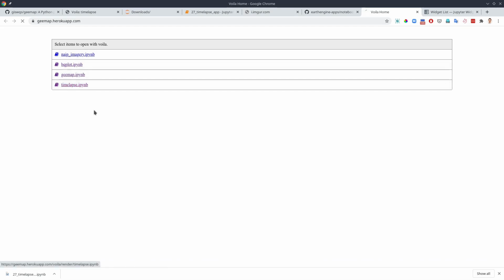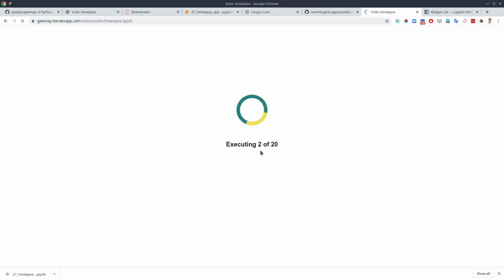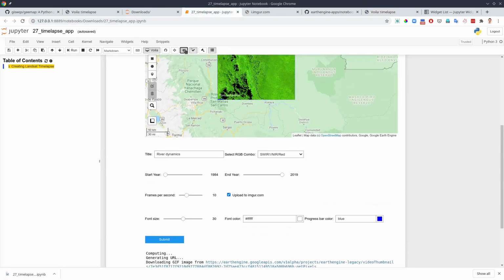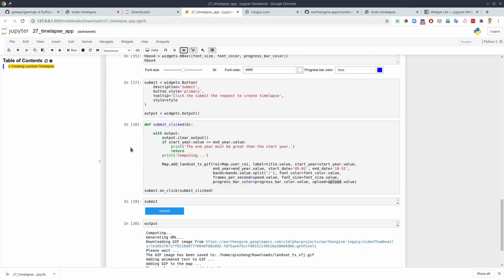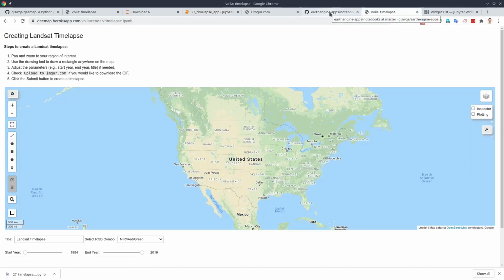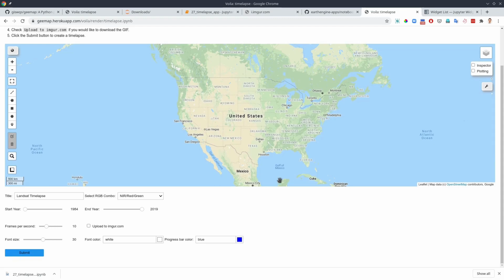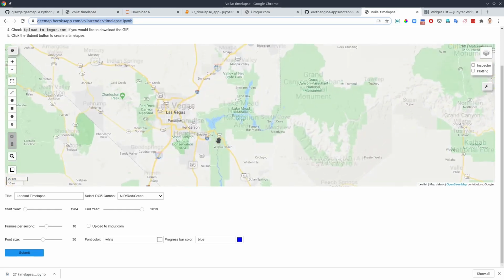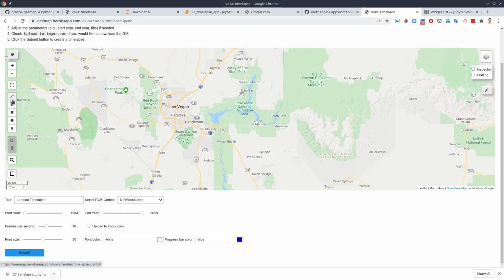So take this one. You will see here executing, because we have 20 code blocks in here, and it's going to execute one by one. So see from here, right? 18, 19, 20, we have 20. Voila is basically executing the source code and collecting all the outputs and then converting it to a web page. And right now you see here, this is an URL. Everything remains interactive. Similarly, I can do the same thing for a rectangle,